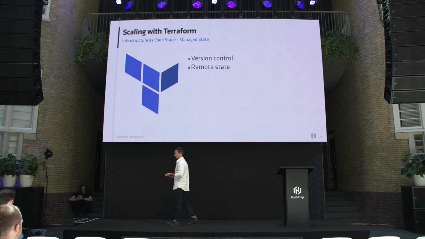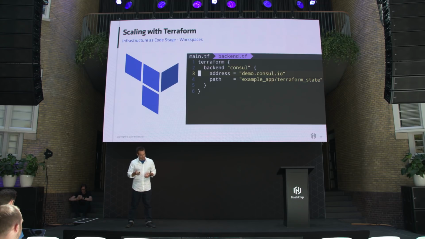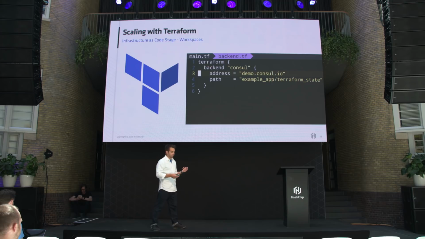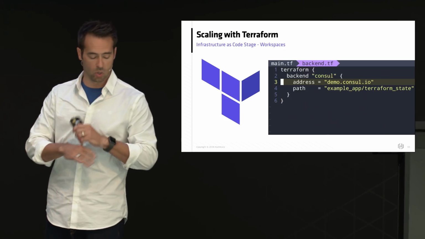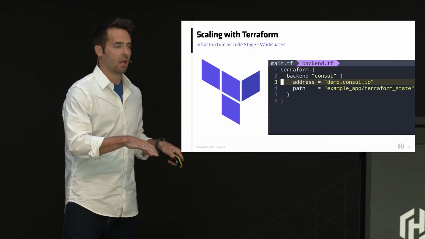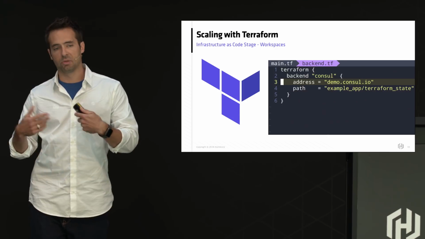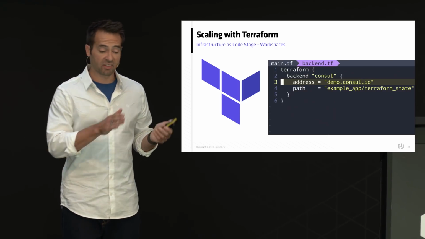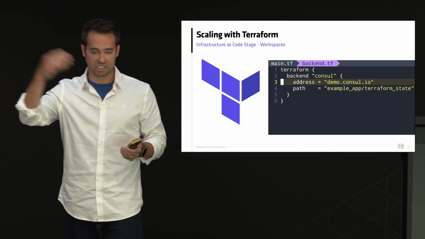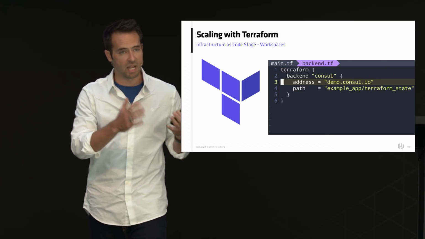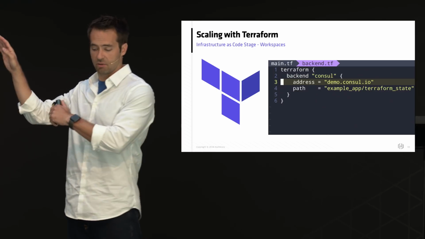A more advanced thing to do would be remote state, where instead of having the state file generated locally, you configure a backend in a normal Terraform file, and you say, use this backend location for all of my state operations. You no longer get a state file locally. Every action, like a read, a plan, an apply, that would edit the state in any way, happens remotely. It reads first, does its thing, and then when it has updated information, it saves that